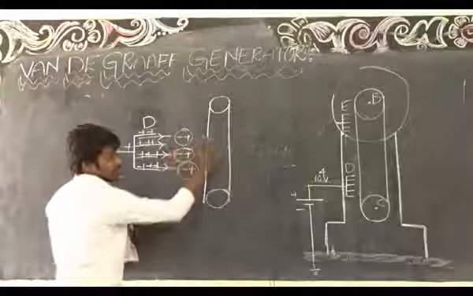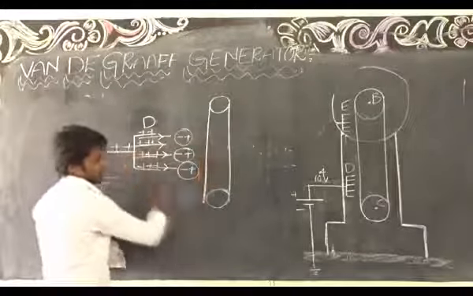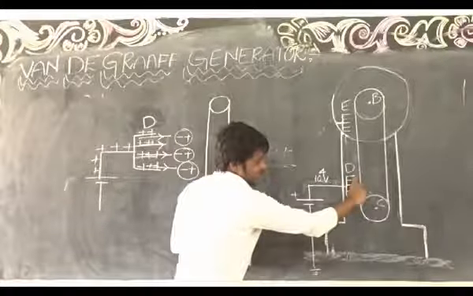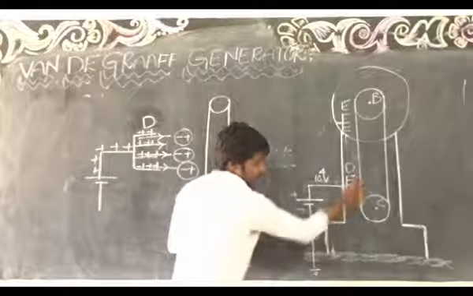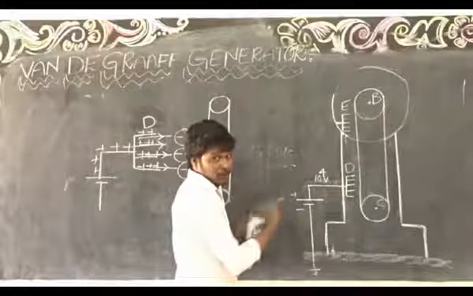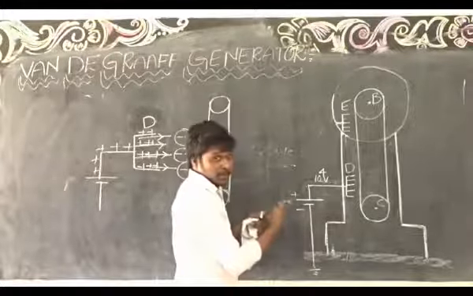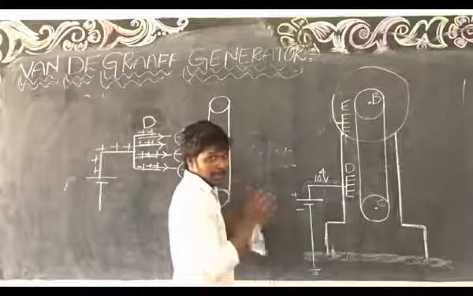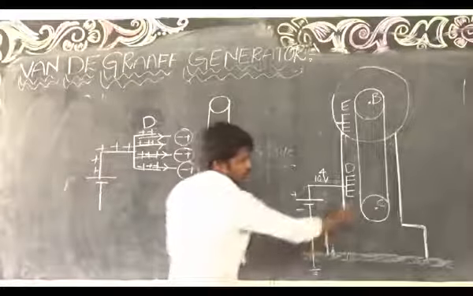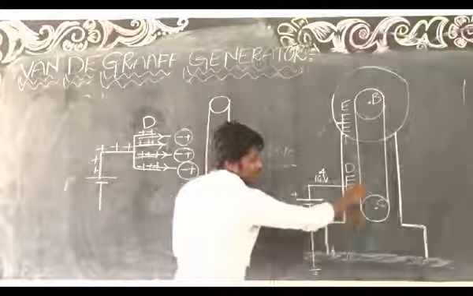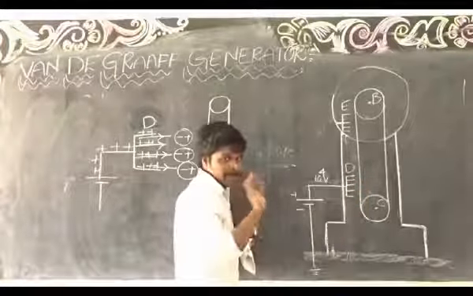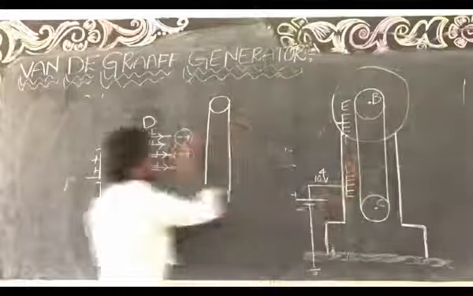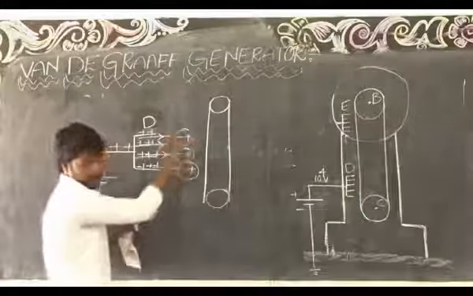Suppose this is the conductor and this is the belt. In between the two, some gap is there, no? If air is flowing through the gap, then air molecules will necessarily be present, because air is a combination of molecules. So in this gap, the air molecules will be present.